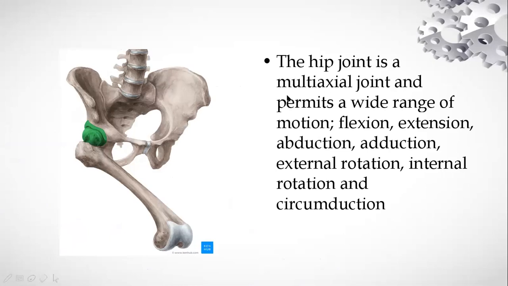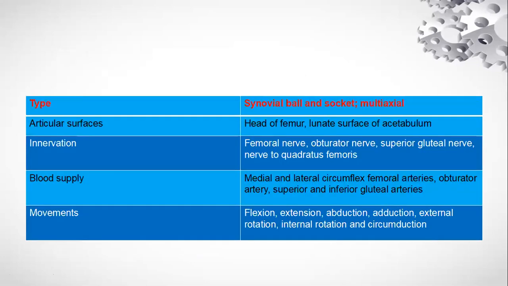So the hip joint is a multi-axial joint. As we can see, it is a synovial type of joint. So it permits a wide range of motion: flexion, extension, abduction, adduction, and it's also a very stable joint of the body, which is why it is responsible for the weight bearing function as well. So we will become familiar with the functions, the anatomy of the hip capsule, as well as the functions of the muscle and the innervation to further understand the application of this in the analgesia of the hip.